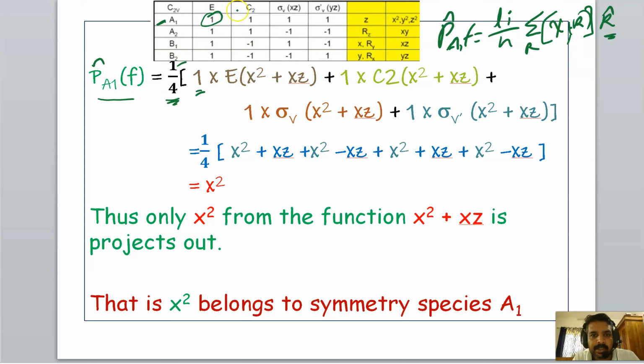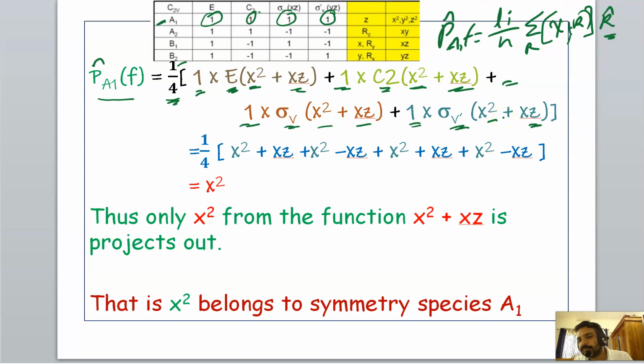the operator r, the operator is E, acting on the function x square plus xz, plus again chi r, again 1 is here, so 1 into the next operator C2, so C2 acting on the function x square plus xz, plus again the next character is again 1, then the operator is sigma v acting on x square plus xz, plus 1 into, again 1 is here, into sigma v dash operator on x square plus xz. And that is equal to 1 by 4 into,